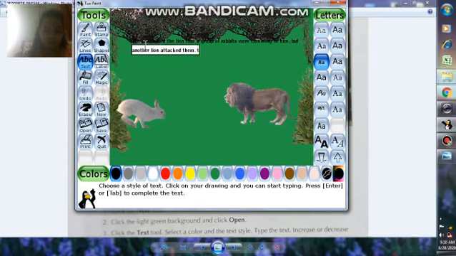This lion ate all the other rabbits, but he somehow escaped to reach safely. Okay, so the text is written here.